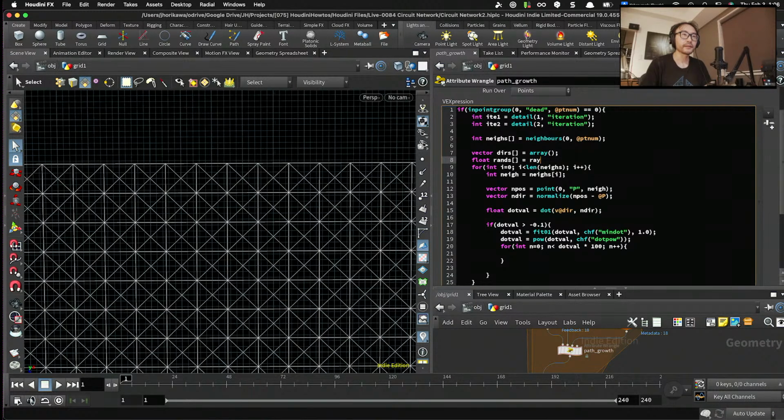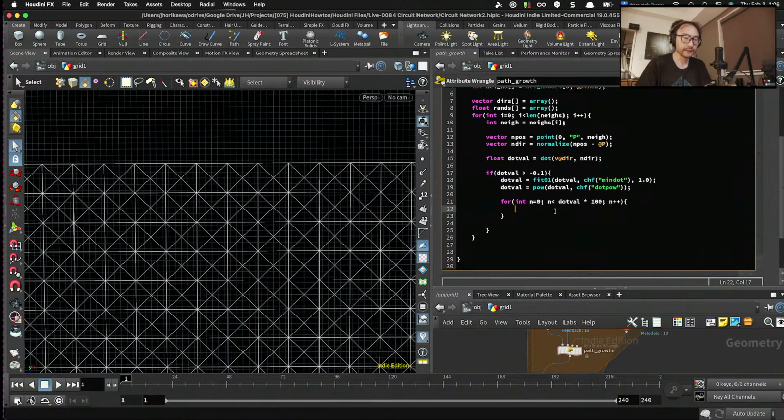And since this shuffle technique is also useful for many other purposes, I think it's a good thing to remember. So inside the second for loop, first thing I'm gonna do is to create a random value for